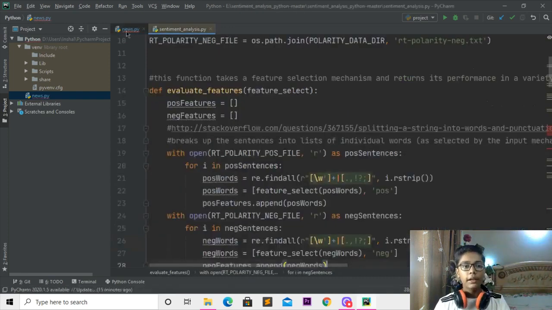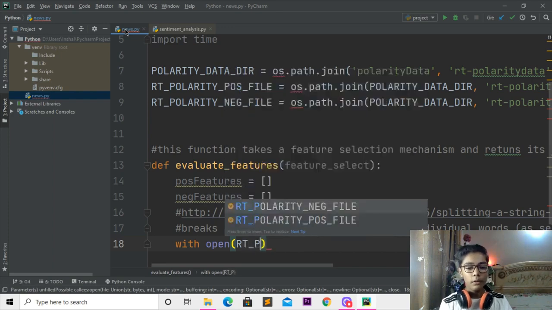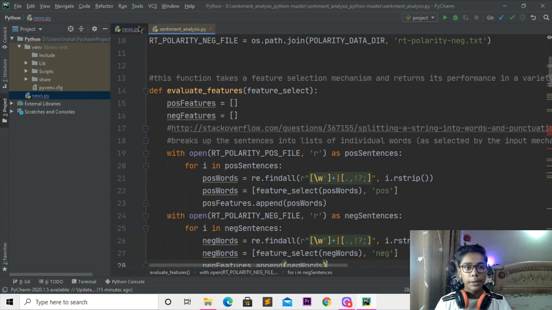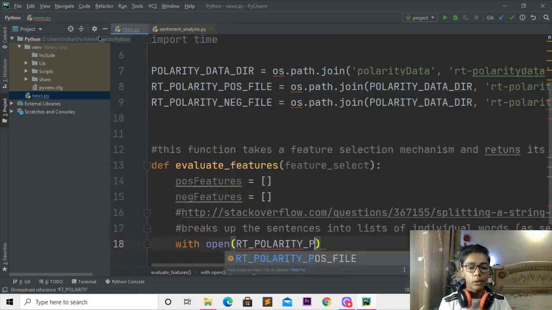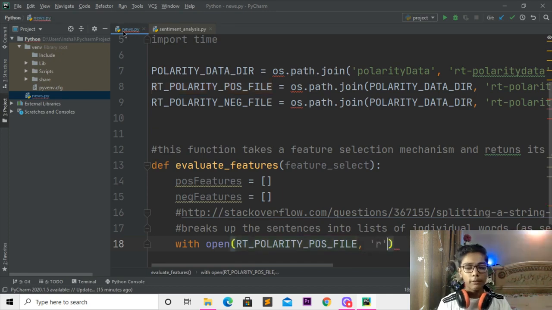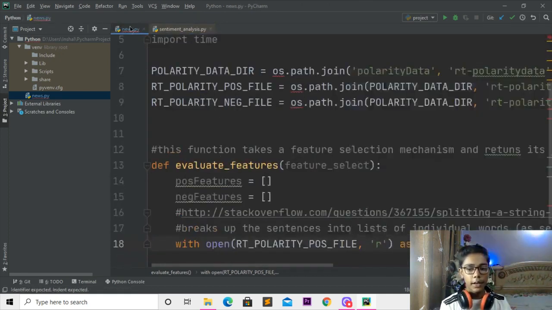So when you've done with that, you have to move here, and you have to write here like RT polarity. So just write that here again. Now you have to just come here. You can see that it is written POS file. Now when you've done with that, here you have to write comma. In one string you have to write R. Move forward, then write here like POS